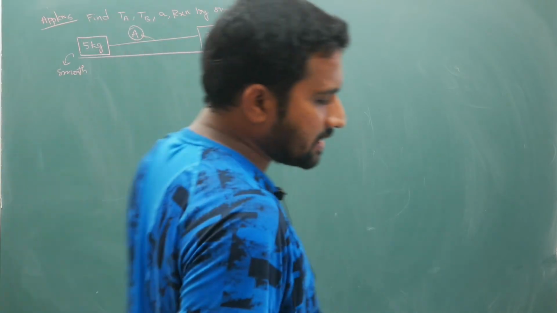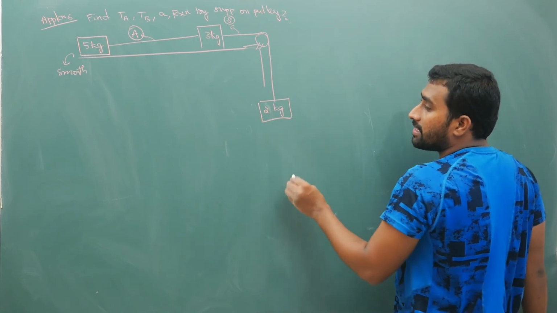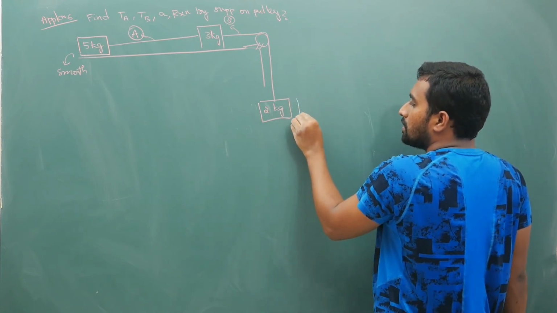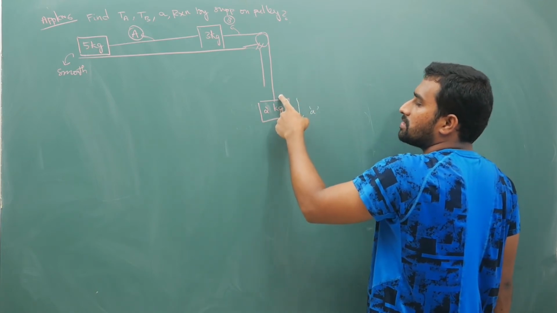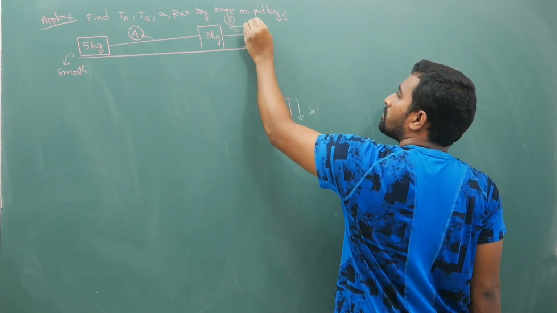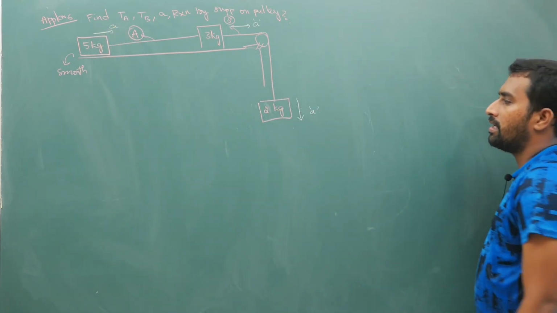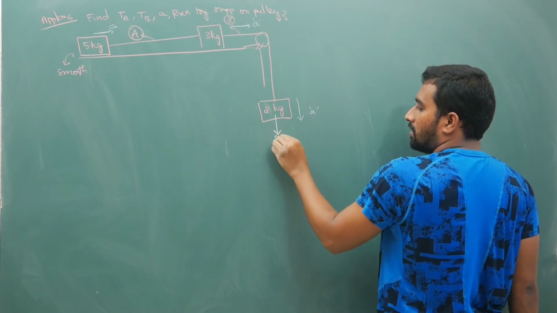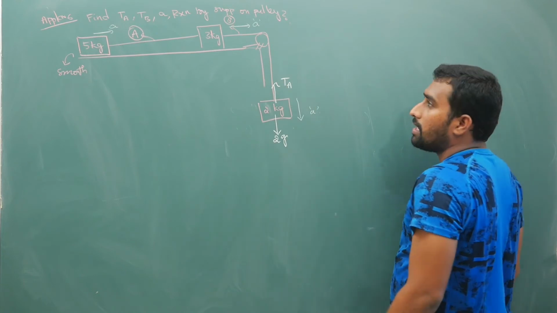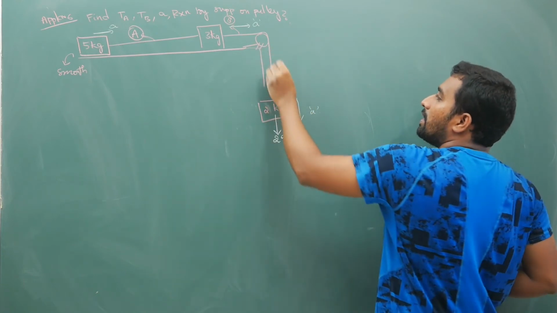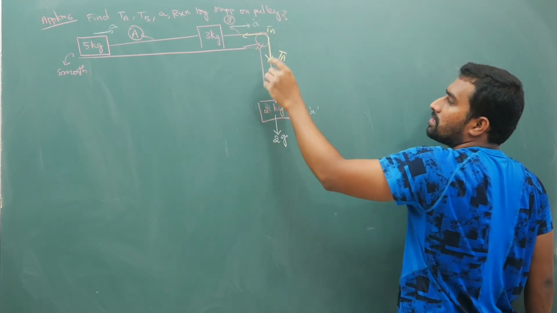So now if you take this question, if you are looking at FBD of each, okay, actually I have to draw a separate diagram, but if I do so I want space. So if this comes down by A, if nothing is mentioned, I told you consider light inextensible string. So this also goes with A, this also goes with A. Okay, right, point number 1. Next, on this body there is force 2G, and you have tension TA here, okay, and on the pulley you will have TA this way and TA acting this way. I will come to this part later.